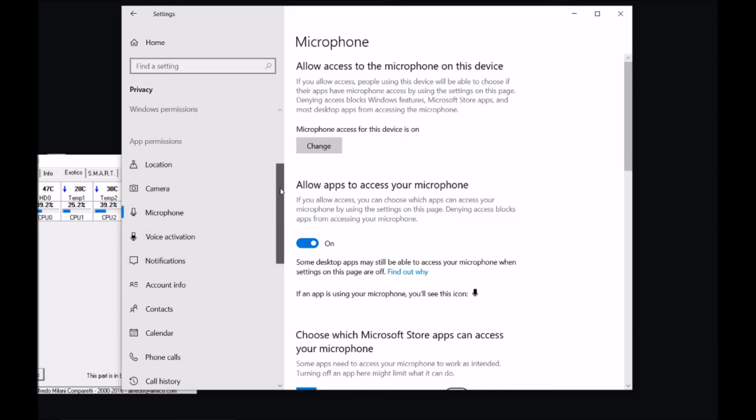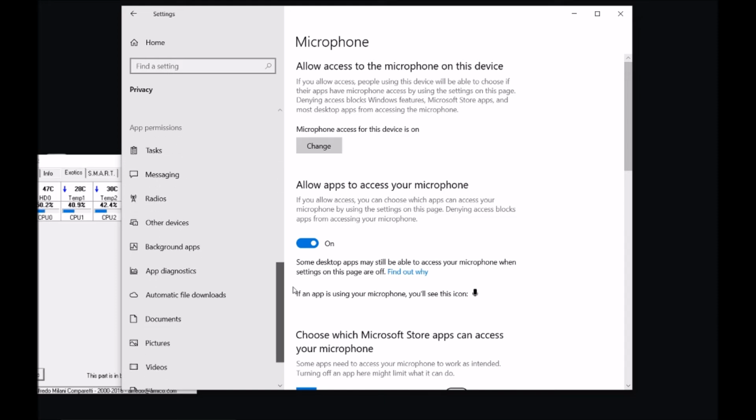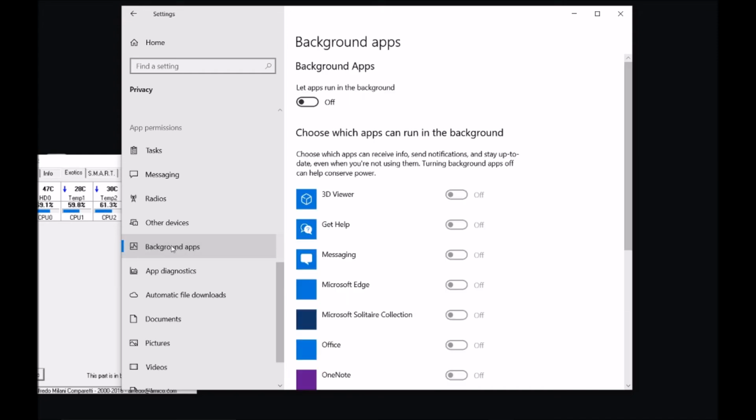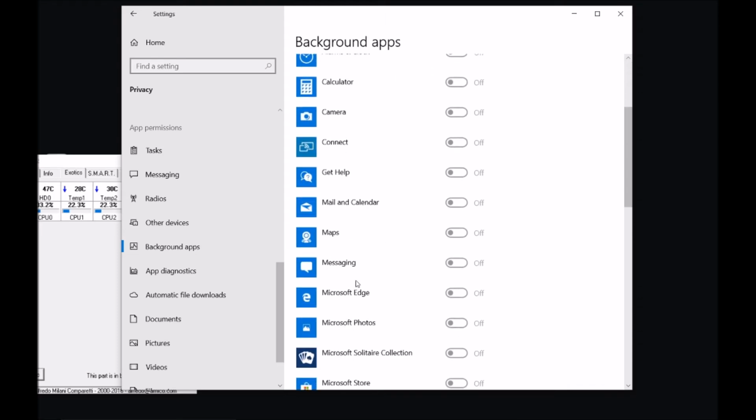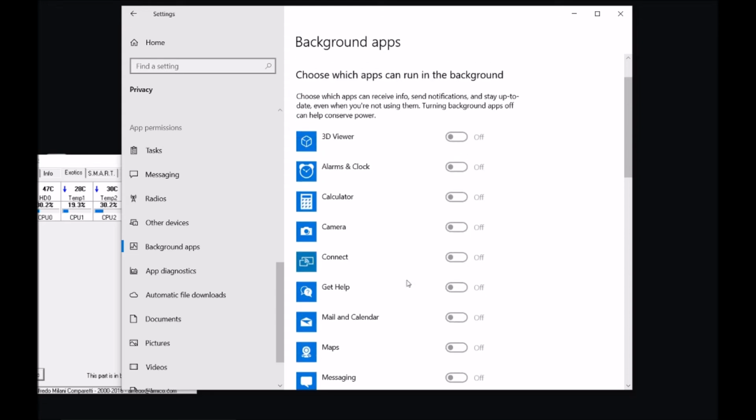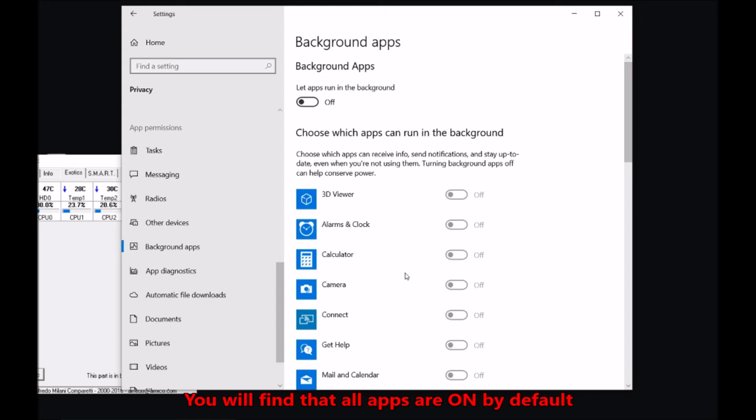And one last thing, and this is getting interesting here, it's background applications. Of course, you can scroll to all others, but background apps, this is what it's running when you're not using them. So let's say you don't use 3D viewers or maps or whatever else, but the program will still be running in the background, not necessarily, but it may still be running there and may be sharing information with Microsoft.